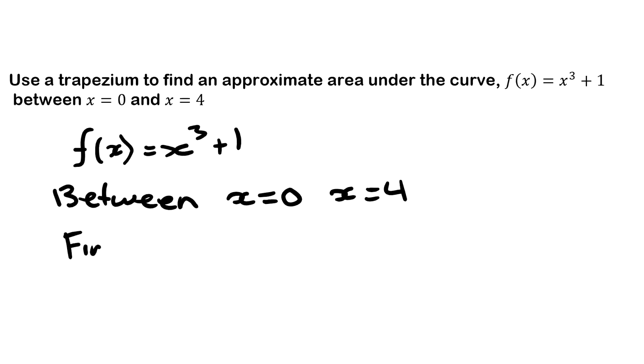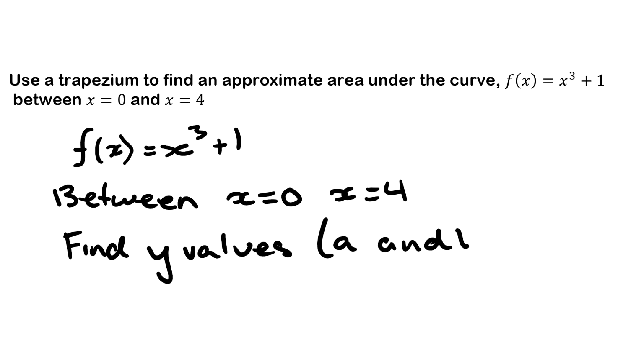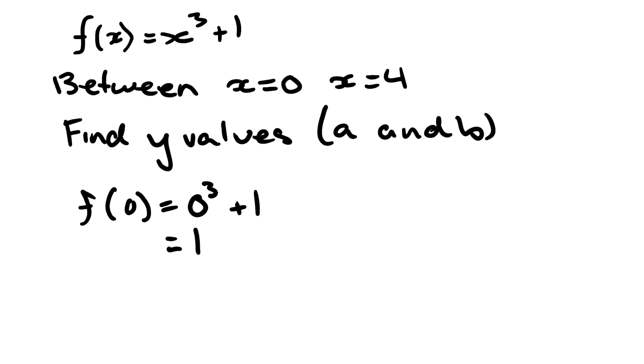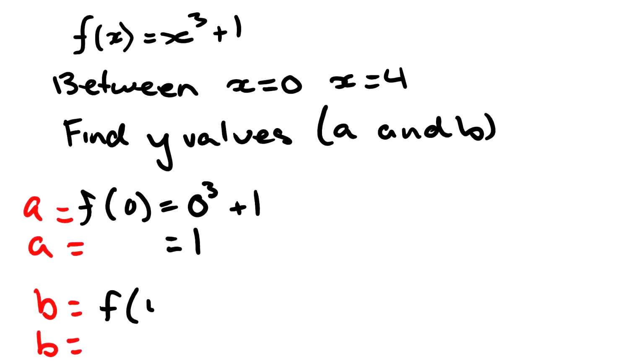So we need to find y for each of these points, and again these are going to be a and b. Alright, now this can be our a value, and then our b value will be